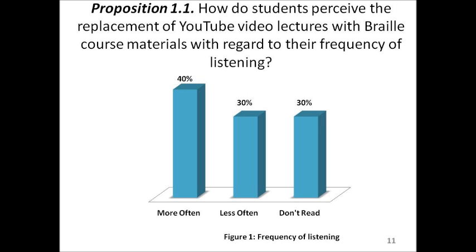Let's see what results we obtained through our studies. The first proposition is the frequency of using the online videos for the course materials, that is, how often they are using the online videos in comparison with the Braille materials. 40% very much prefer and use the online videos compared to the Braille course materials, but 30%